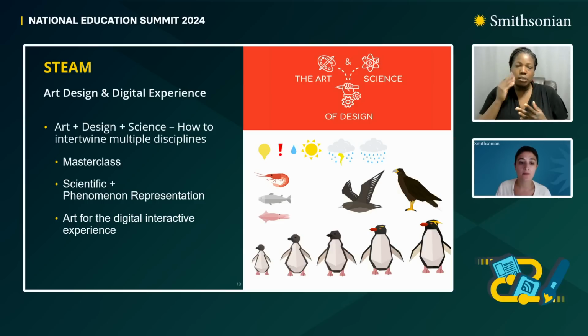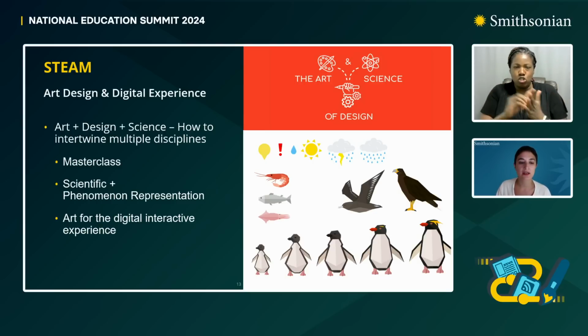Scientific and phenomenon representation can be tricky business. In close collaboration with our game developer and curriculum developers, I'm able to translate the module and phenomena to meet the targeted age group, capture the accuracy of the phenomena, and visualize it in a fun and exciting way to engage students with the concepts more.